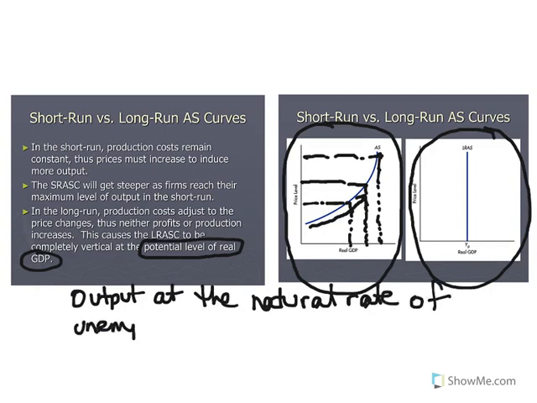In other words, you'll recall in the last chapter, we learned about inflation and unemployment rates, and we said that whenever there's cyclical unemployment, we have what's called a GDP gap, the difference between what the economy could be producing if there was full employment and then what we are actually producing simply because of the cyclical unemployment. So the potential level of real GDP is basically talking about when there is no GDP gap